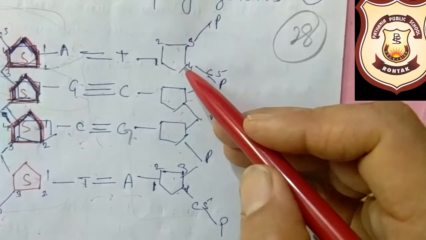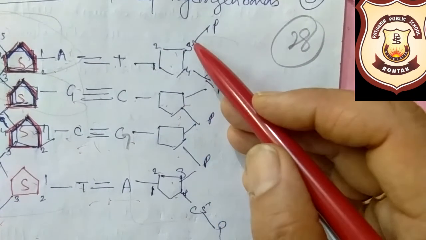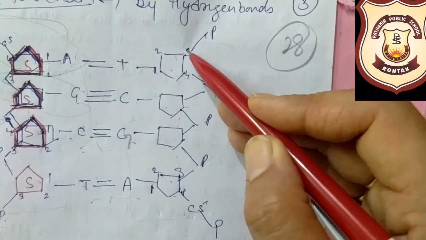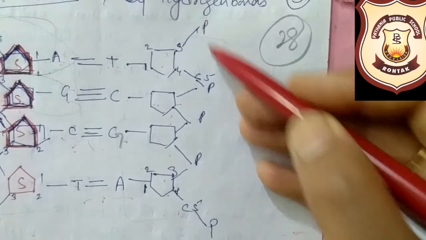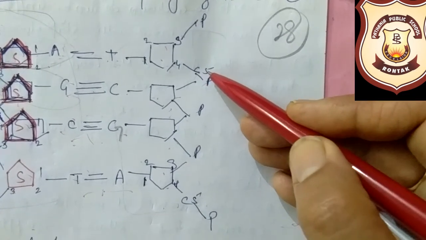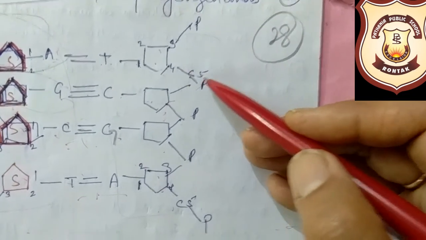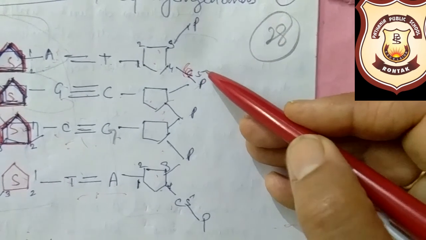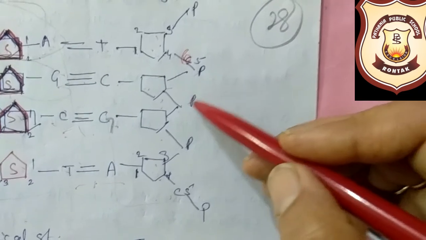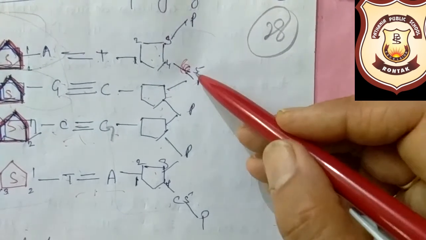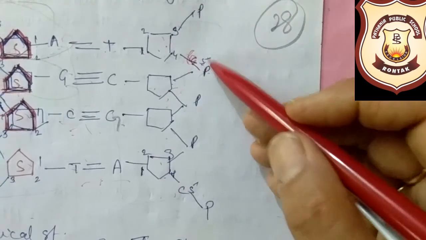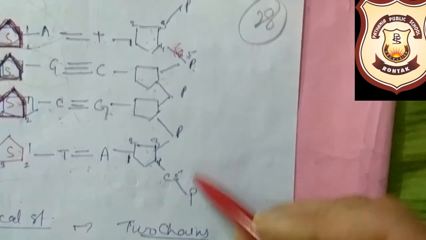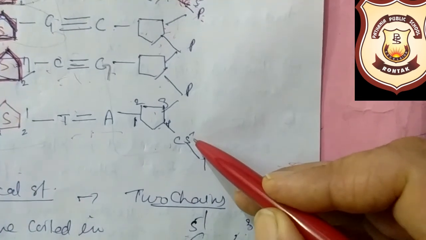You can see at the third carbon position the phosphate is free here, and here the phosphate which is linked with the 5' position, this is carbon only. So this is the fifth carbon of this sugar, and this is the third carbon of this sugar. So again the 5' to 3' phosphodiester bond is formed. Here the phosphate which is free is at the 3' position, and here the free phosphate is at the 5' position. That way anti-polarity can be explained with the help of this diagram.